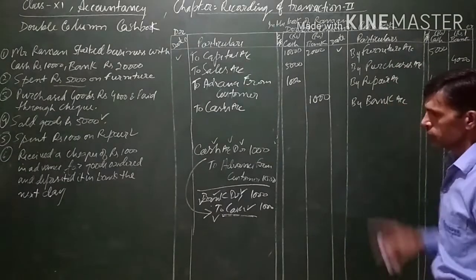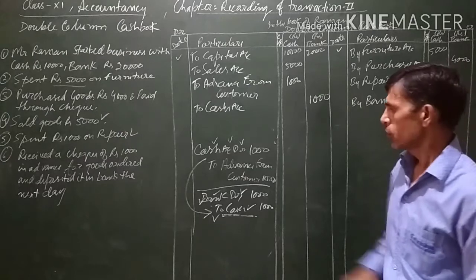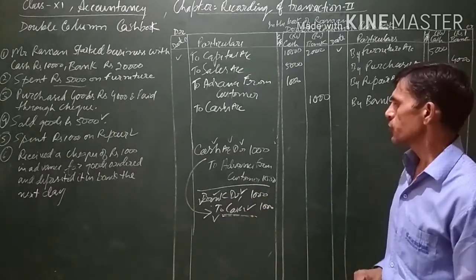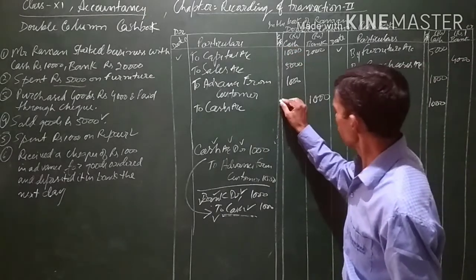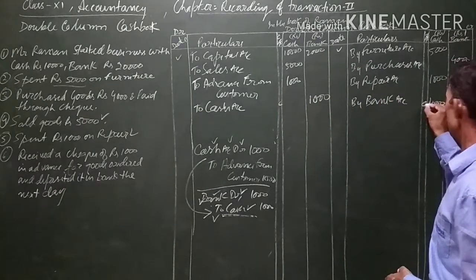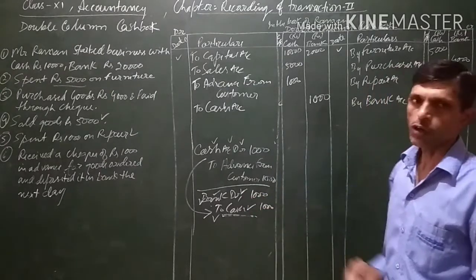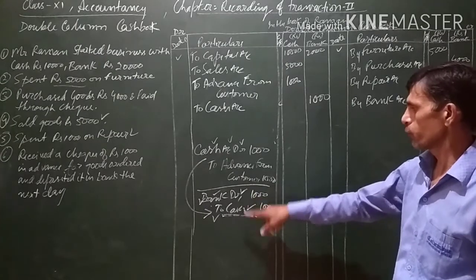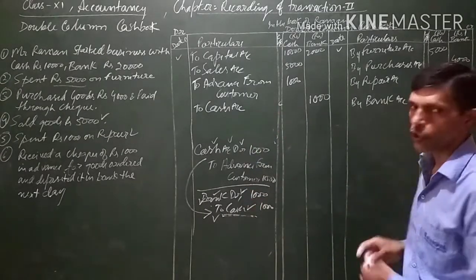Now when a transaction involves both the cash and bank accounts, whenever we pass the journal entry, in the folio column we will write a C in front of the journal entry where cash and bank entries were involved in the same transaction. In one single transaction, if cash and bank column both accounts are appearing, we will be writing a C. This is for contra entry.